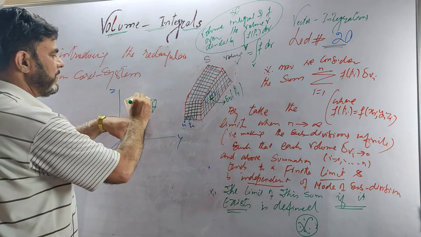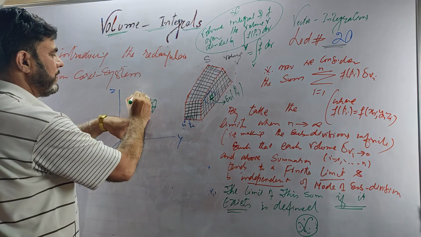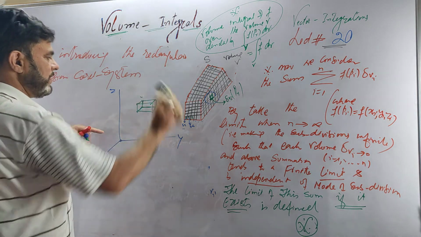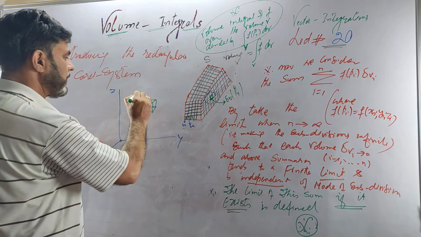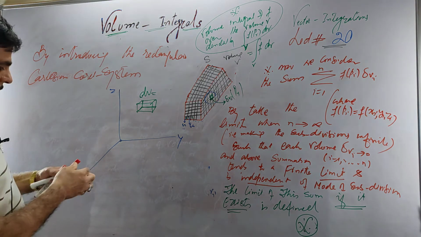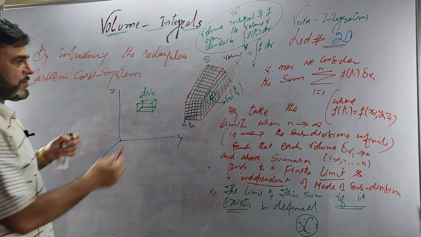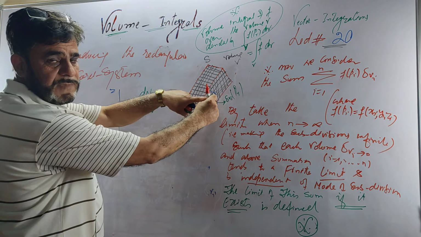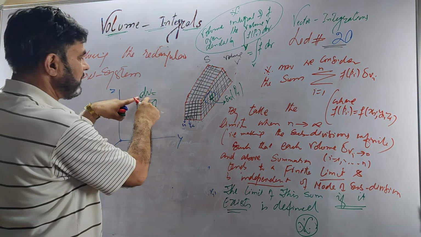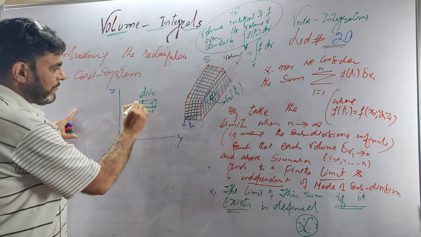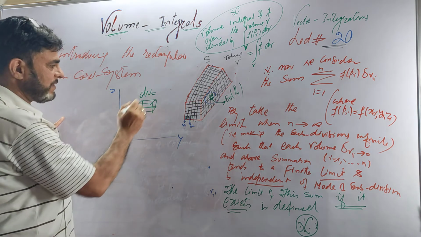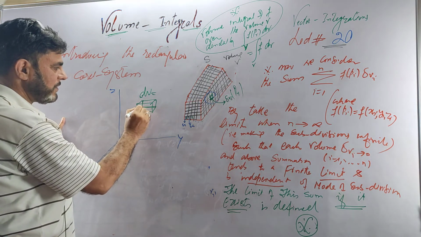It is this volume element. We will say it is dV, a smaller volume element dV. You see, this is our volume element. We took this sample volume element here, which is dV. If we find out the volume of this smaller volume, which is dV, it is this, you see,